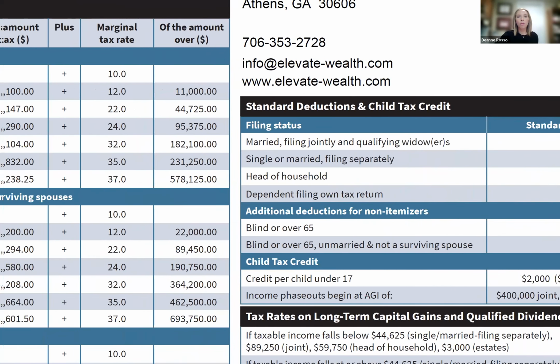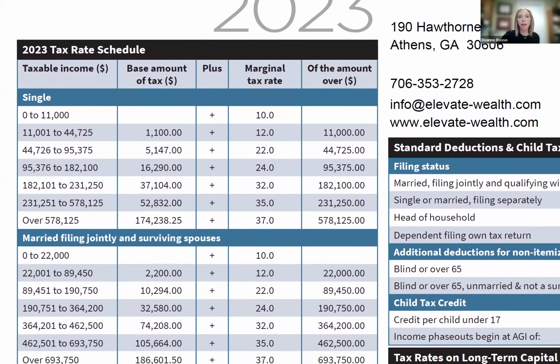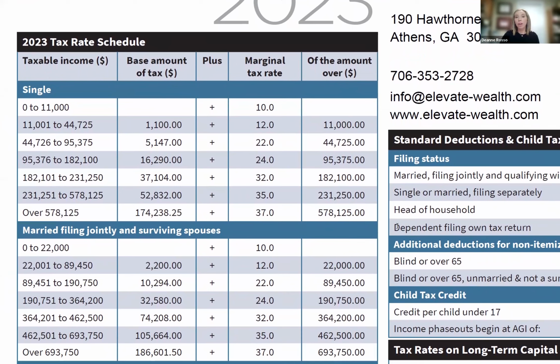Now I'm going to move over to the left-hand side of the card, and what we're going to talk about here is the 2023 tax rate schedule. There is a 0% tax bracket, and that is the standard deduction. But when we talk about taxable income, we're talking about the income that you earn minus the standard deduction. So it's essentially anything starting with $1 over your standard deduction. We have a progressive tax system in the United States, which means that not every dollar is taxed the same. This is what we call the marginal tax rate schedule.